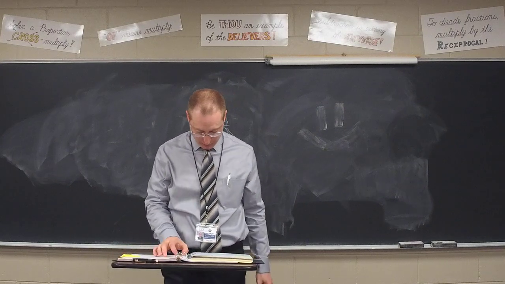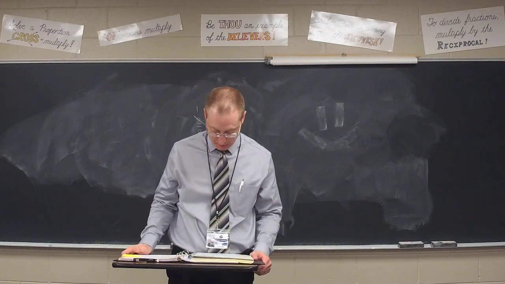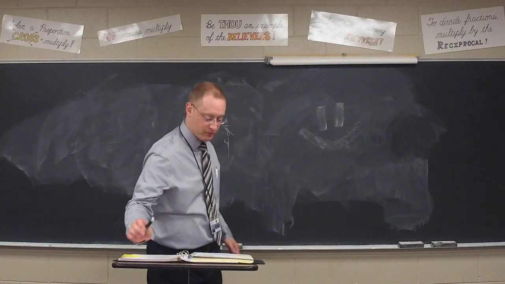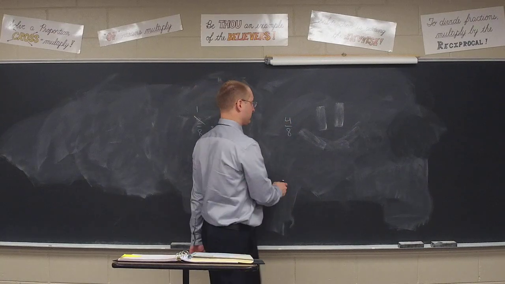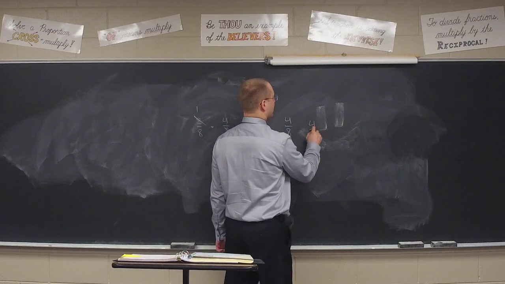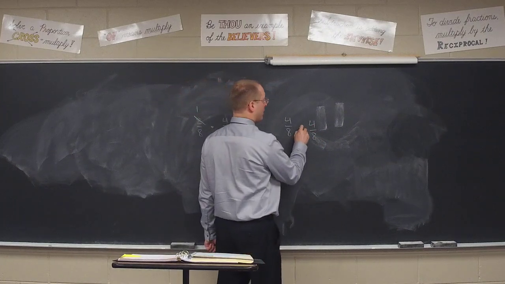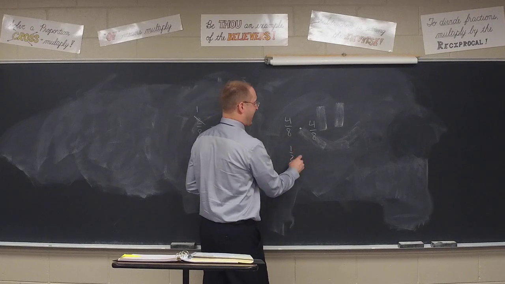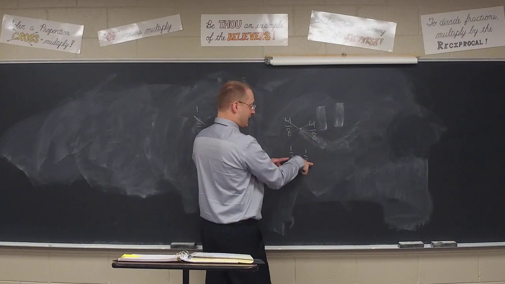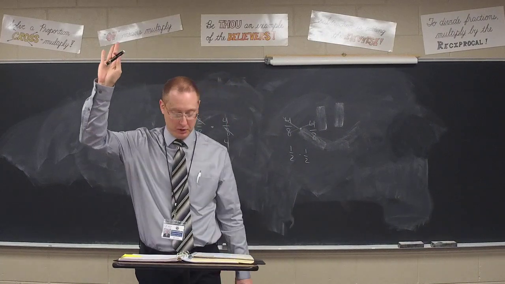Number 42, probability of spinning an even number and then an odd number. Well, what's the probability of spinning an even number, Luciana? 4 to 8. What's the probability of spinning an odd number? 4 to 8. And it said and on consecutive spins, so that means we multiply. Both of these fractions could reduce to just be 1/2. So let's work those instead, and we get 1/4. 1 to 4. How many had 1 to 4 for number 42?